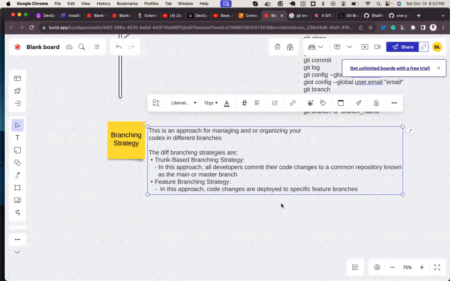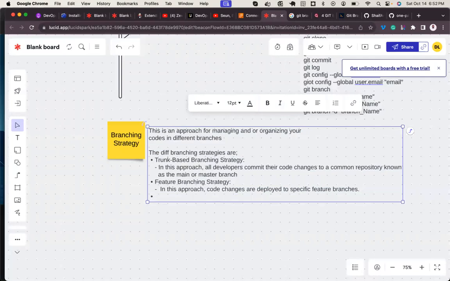So in this approach, code changes are deployed to specific feature branches. Changes are made in bits.